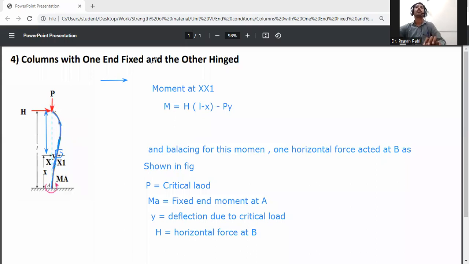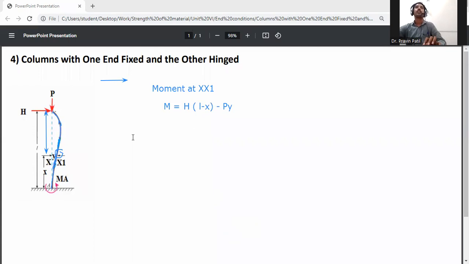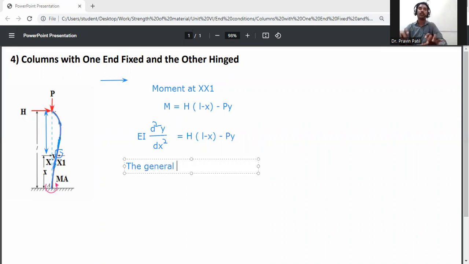So now apply the Macaulay method. EI d2y by dx square is equal to H in bracket (L minus x) minus P into Y. The general solution of the above differential equation is,